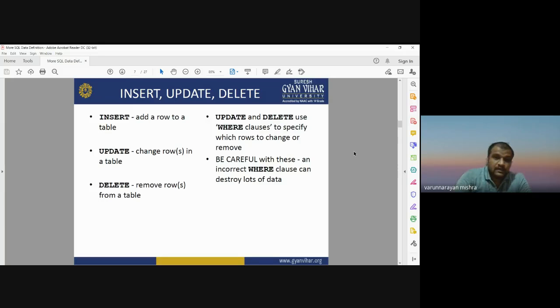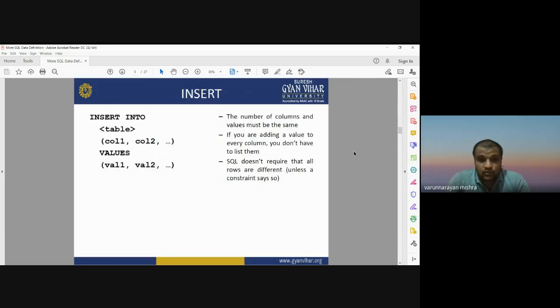Now, in the next slide, how can we insert a new value in the table? For that, first you need to write the syntax, that is INSERT INTO table name. Insert into means in which table you want to add a new value. In brackets you will write the table name.